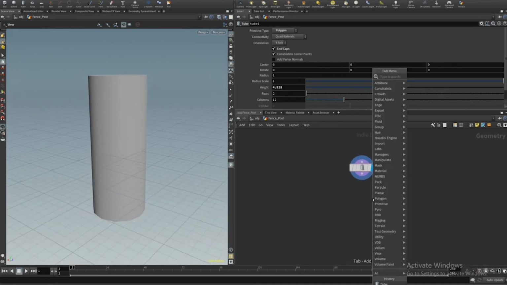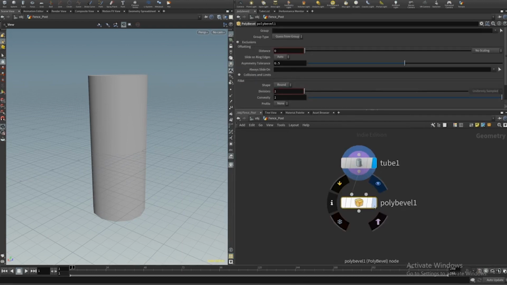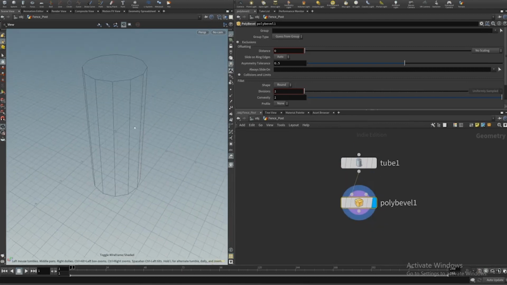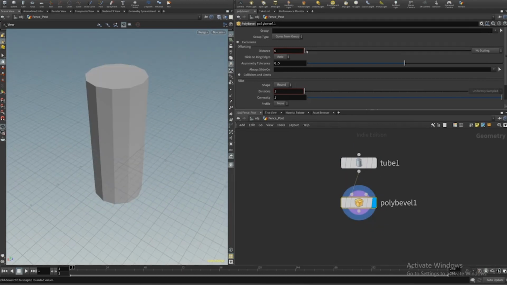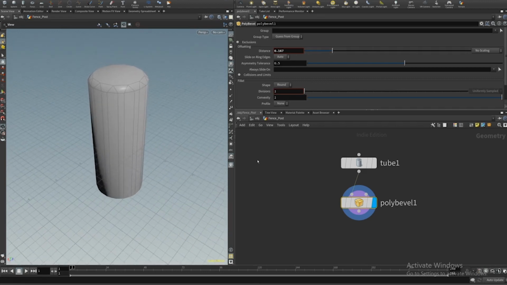So now we're going to go ahead and bevel the edges. We just drop down a bevel node, and we have to wire them together, and then we'll view the bevel. I have to change the distance of the bevel, increase that a little bit, and we turn the wire thing on. So you can see it's beveled. Every single edge is not really what we want,